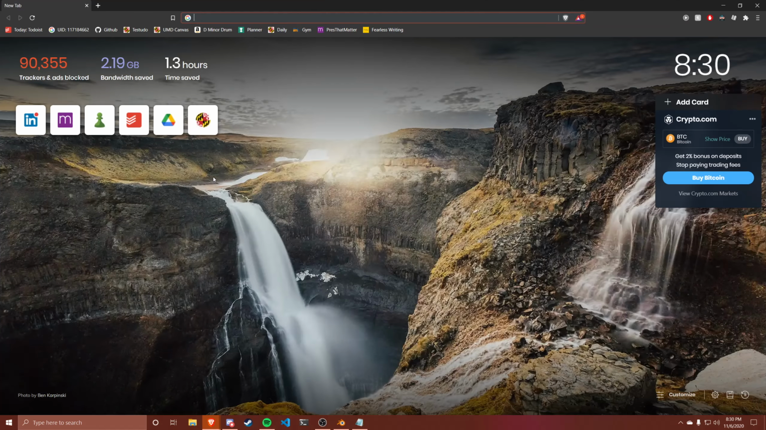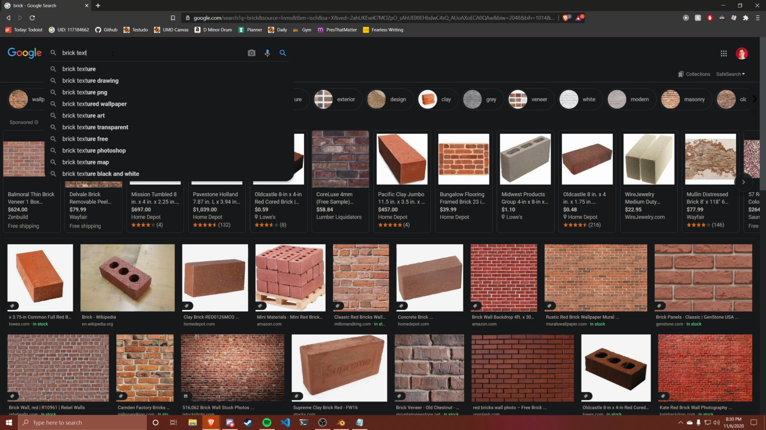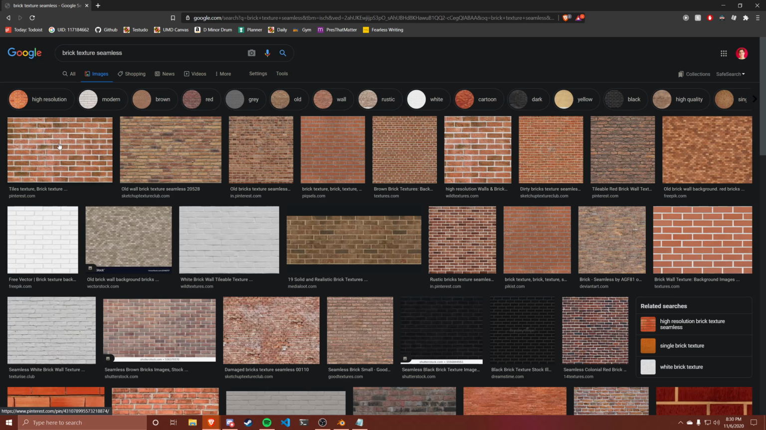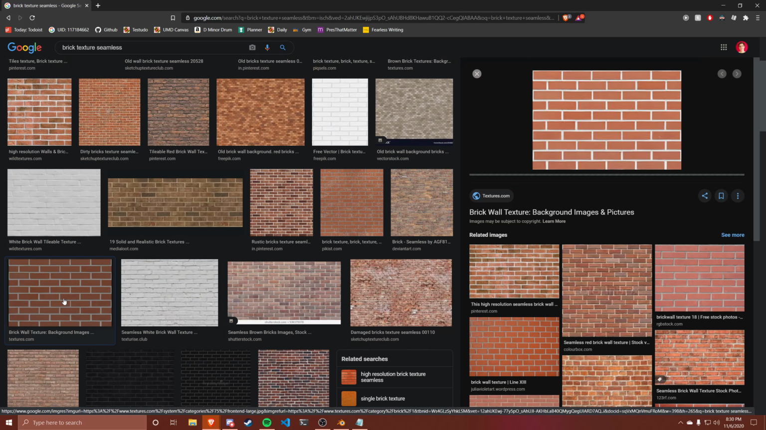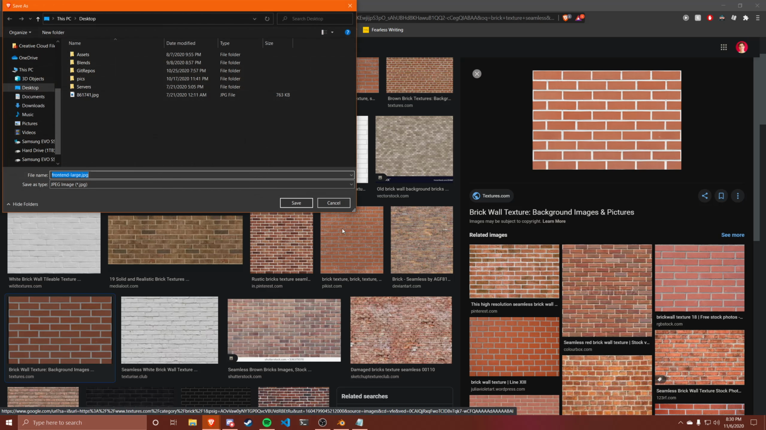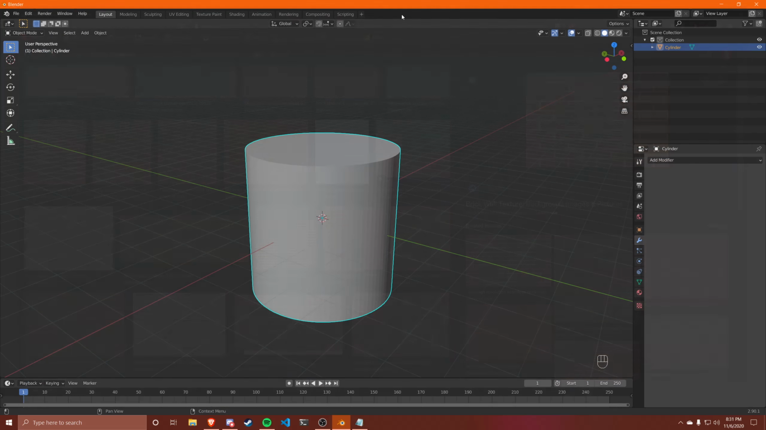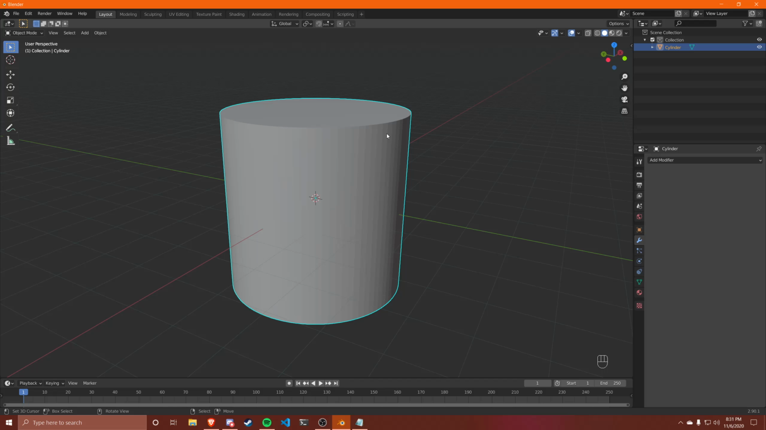And I am going to grab a browser window and get a texture, right? Get a brick texture, seamless. So let's say I wanted to take this brick texture. Let's see, just gotta make sure it's seamless. Yeah, this is a seamless texture. Okay, take that. I'm just gonna save it as brick, and then if I wanted to apply that texture to